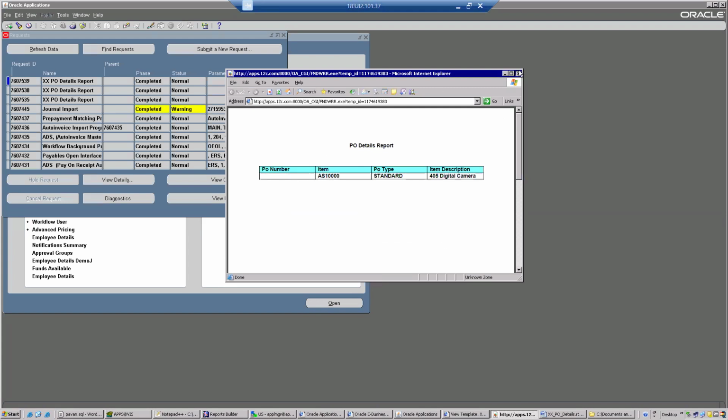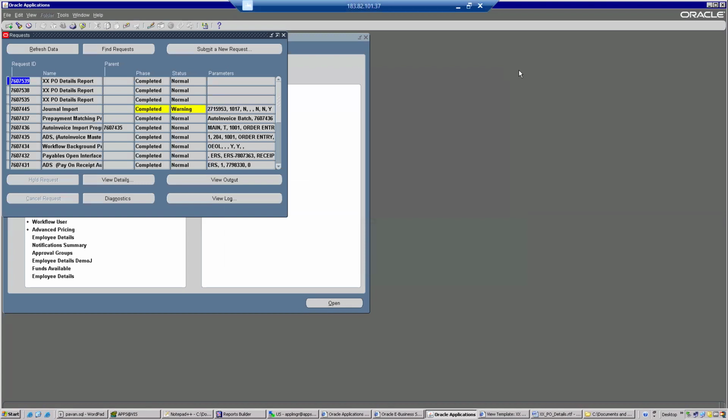The output is not good because we gave the wrong input. Any doubts? Yes, I'm going to explain on the tomorrow. This file is saved. So tomorrow I'm going to explain